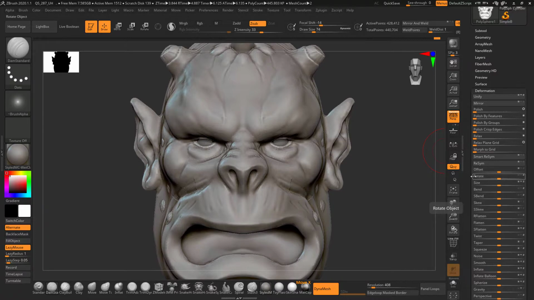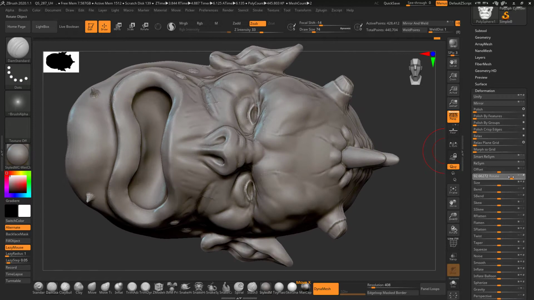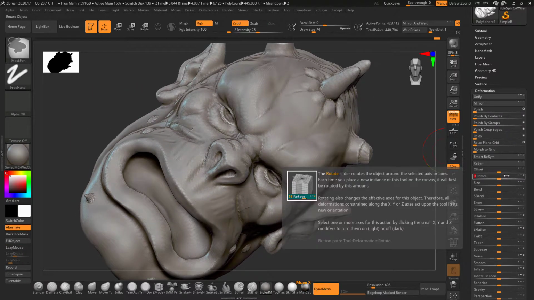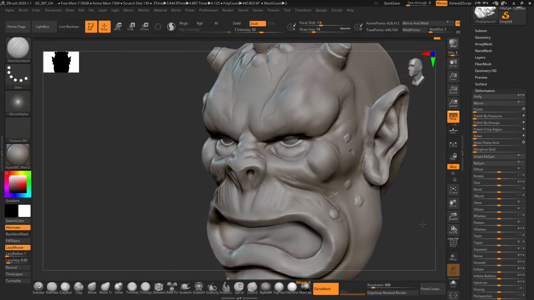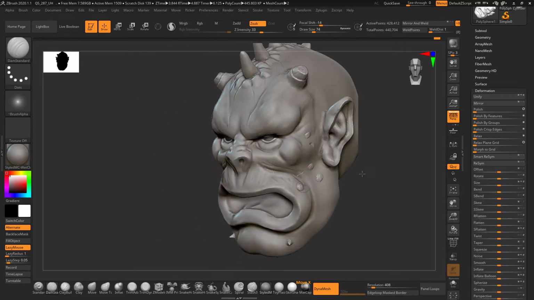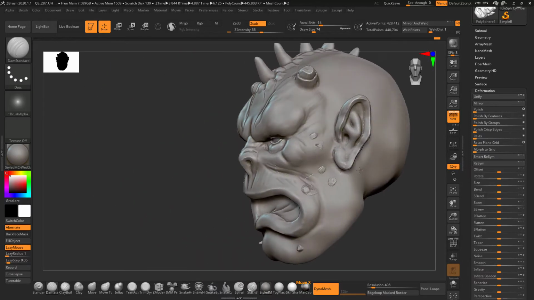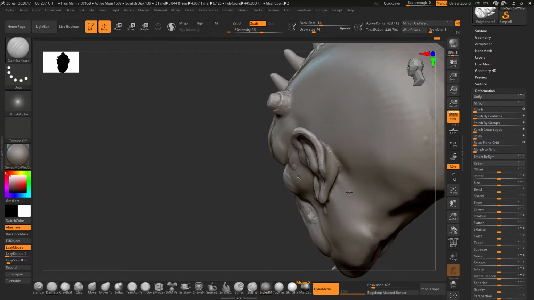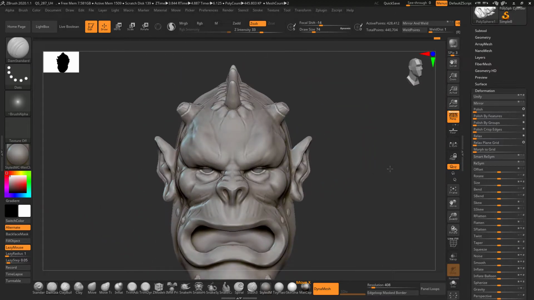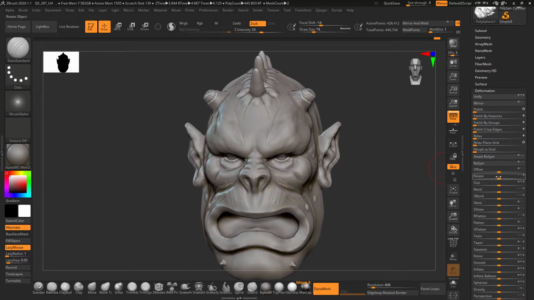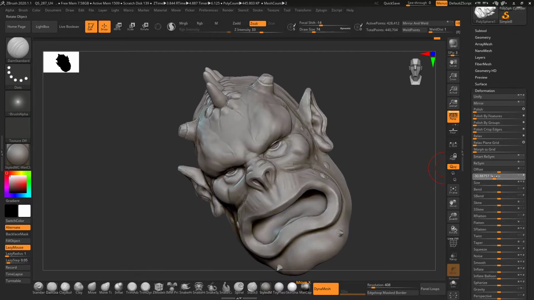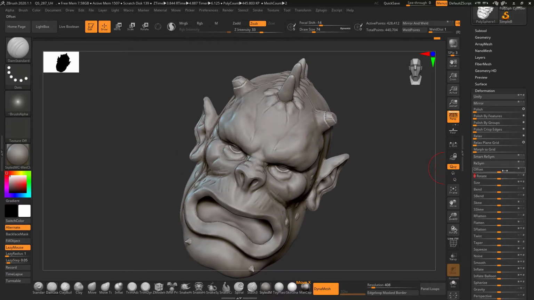Now you can also rotate this model. Basically you can simply rotate at any axis, just like here, but here you were rotating the camera, so your object is not rotated, you are rotating the camera to see the model from all the angles. But in here you are actually rotating the object from its origin location.